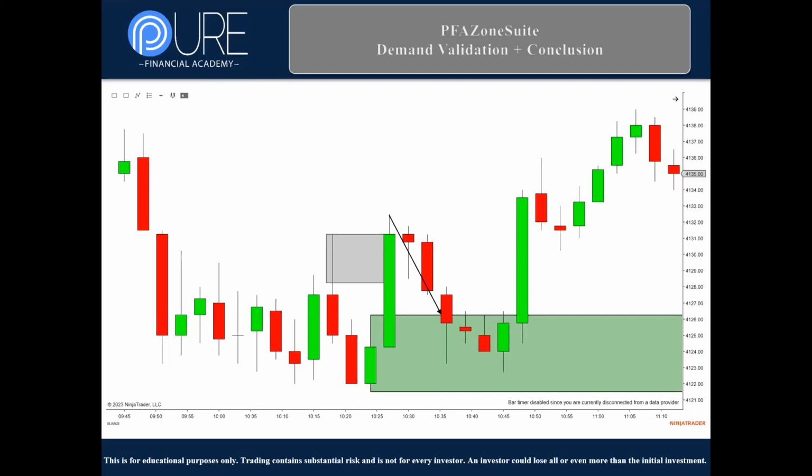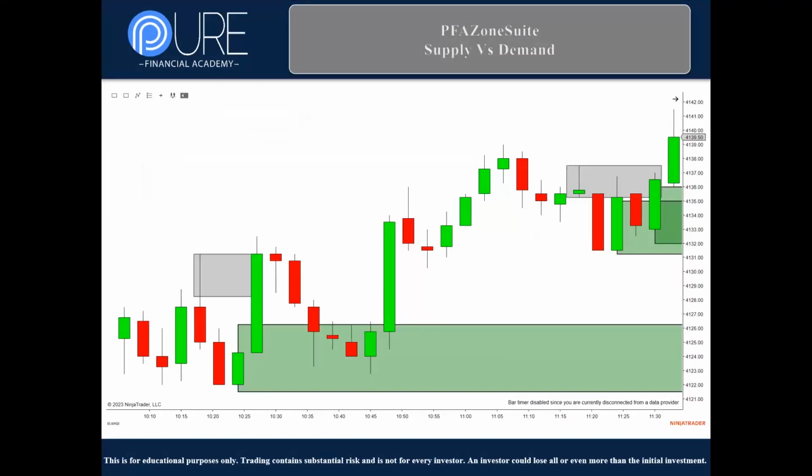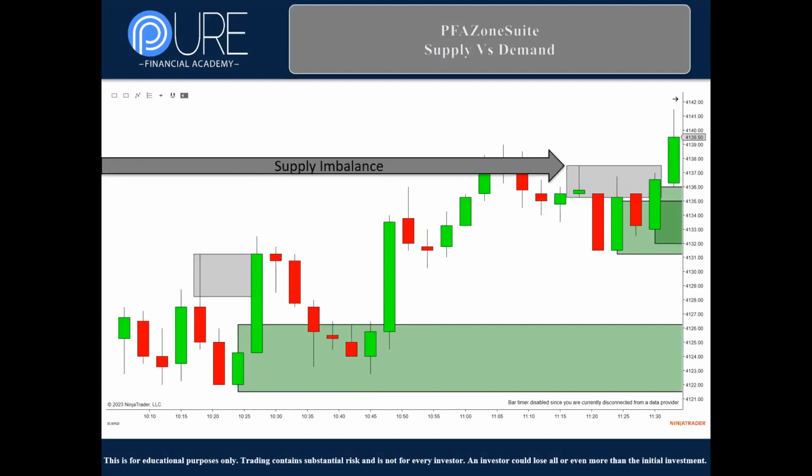Then on our initial retest of said demand, here's our conclusion. So we validated it, and then we had a conclusion, right? The conclusion in this case was great. Again, this was on the day that we submitted this information, but it was wonderful. So then let's move forward. This is the same day, same chart, etc. Here's what I want to bring your attention to.